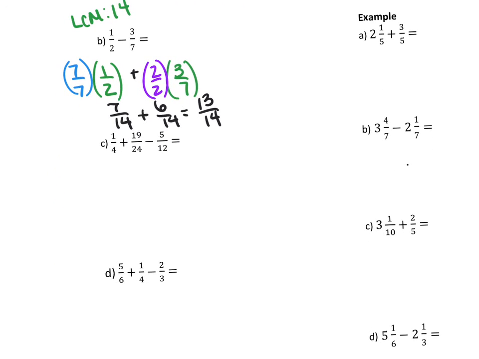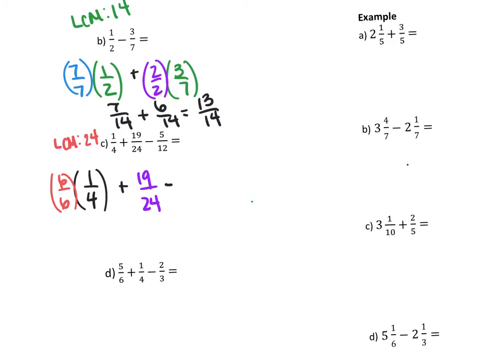1/4 plus 19/24 minus 5/12. So now I've got a little bit of adding and subtracting, but again, same concept. LCM first, get them to a common denominator, and then just add and subtract the tops. So here, the LCM between 4, 24, and 12 is 24. So I'm going to multiply 1/4 by 6 over 6. 19/24 is already in the form that we wanted, already has a 24 in the denominator,